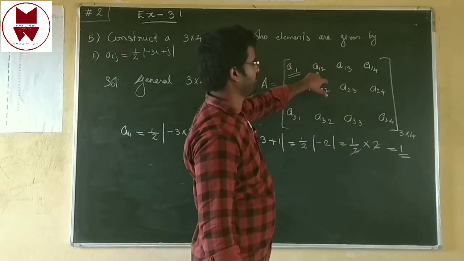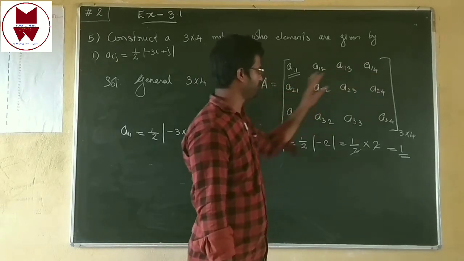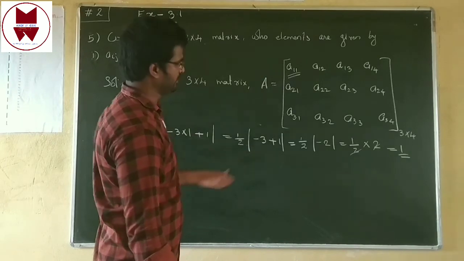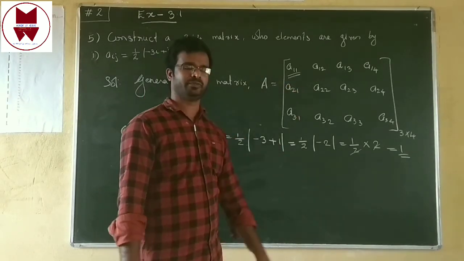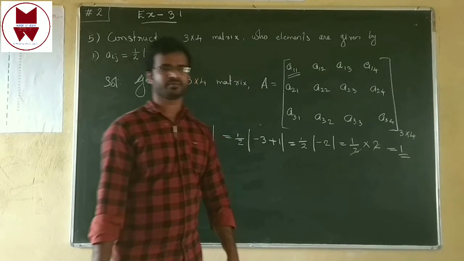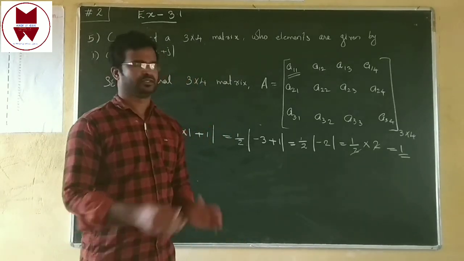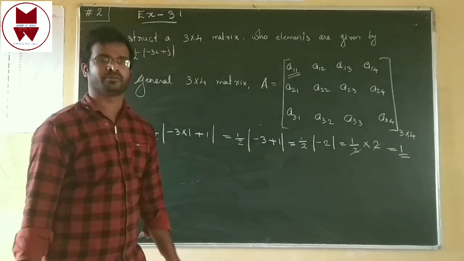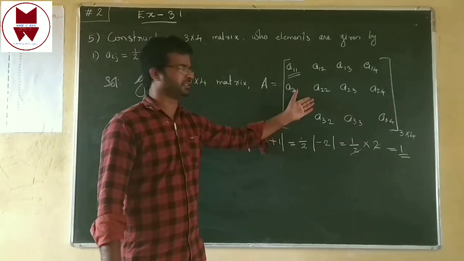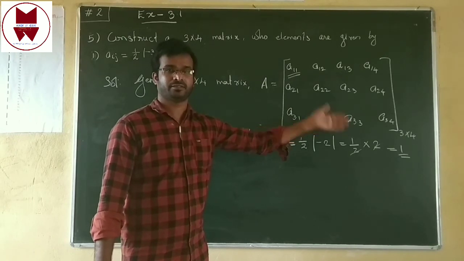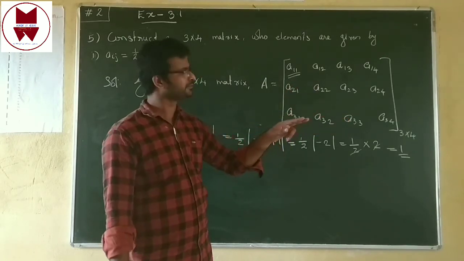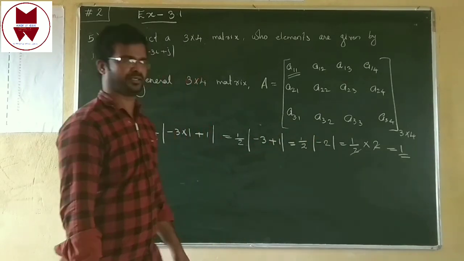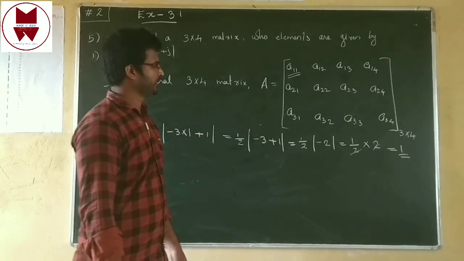Then same like that, A12, A13, A14, everything you have to find out using this formula. Then just put them in this matrix, that will be our answer. Okay, I think you can do. If you have any doubt, check the previous question, that means question number 4. Only one difference, this is a 3 by 4 matrix. The previous question was a 2 by 2 matrix. Okay, and I think you can do. Then today we can